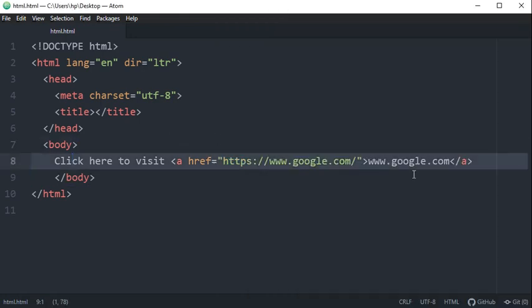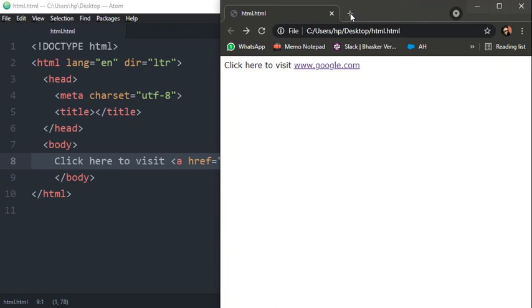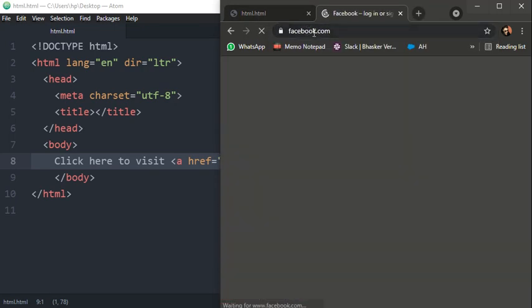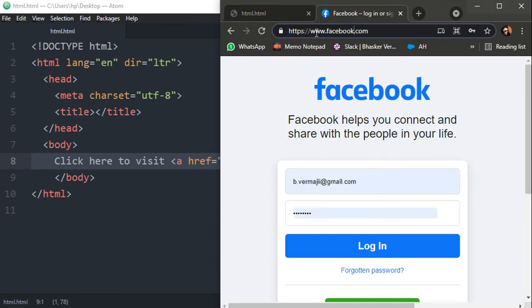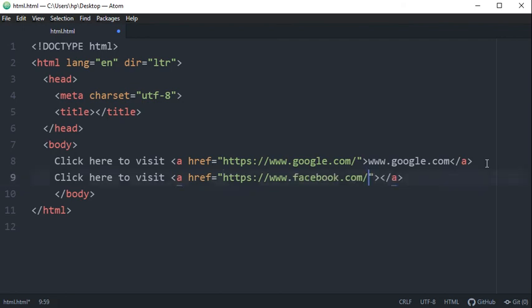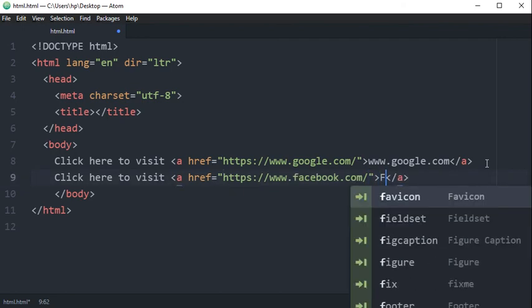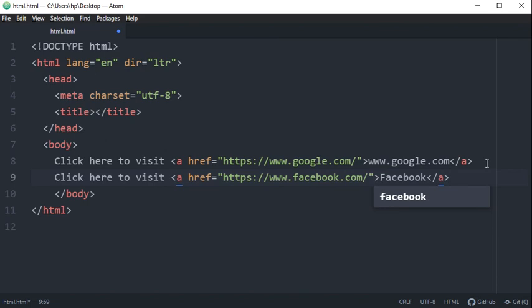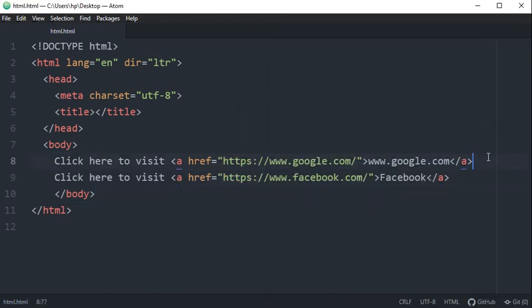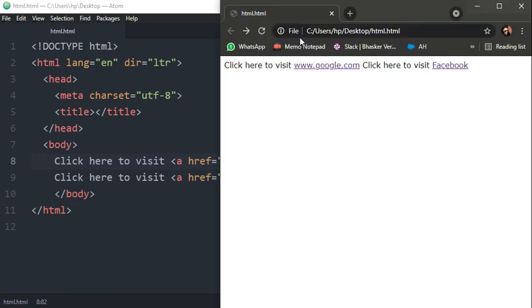You can take another example of facebook.com. So this is the format of facebook.com, and let's add a br tag over here to break the line.